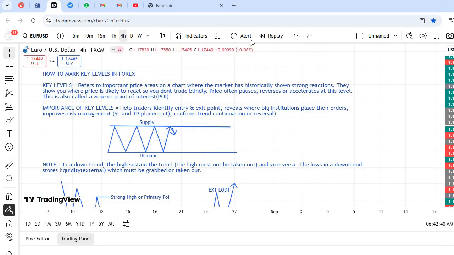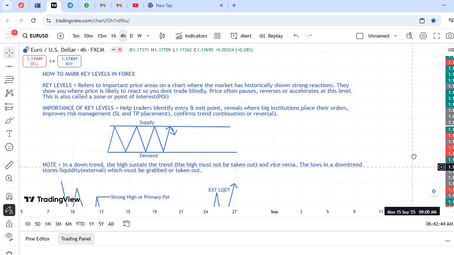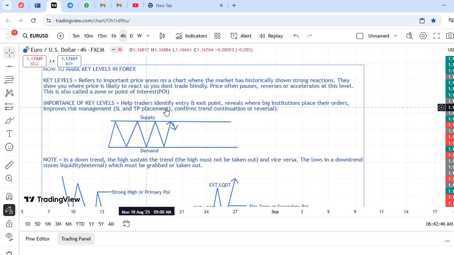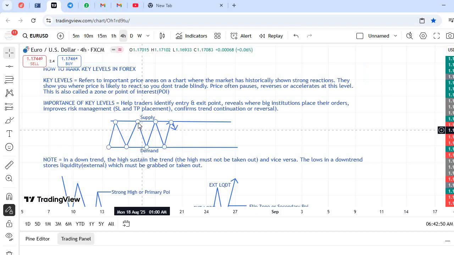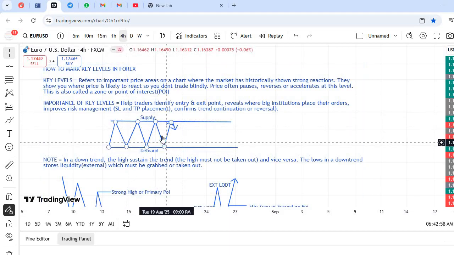So now I'll be explaining to you the importance of key levels. Number one, it helps traders identify entry and exit points. Like I told you, you can see these are key levels. So as a trader, you do your overall analysis of 4 hours, then you put out your 1 hour, 15 minutes to now identify